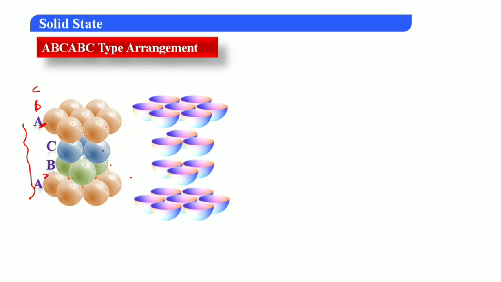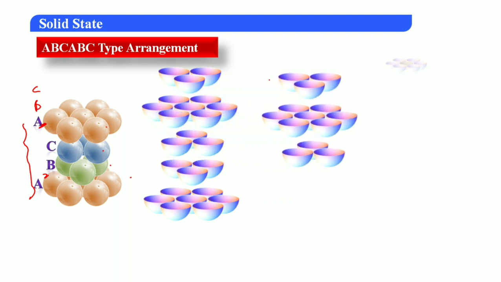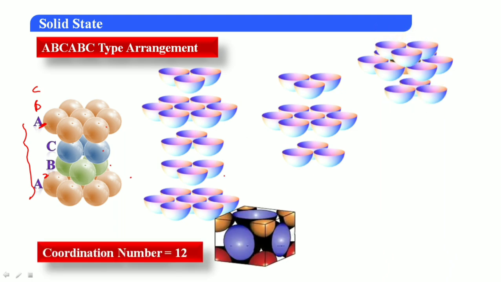Now we will remove it once again. So the difference between this one and the previous hexagonal close packing is that there it is an AB arrangement, here it is an ABC arrangement. Here the coordination number remains the same. For example, remember, here 6 are already surrounded, above 3 surrounded, below 3 surrounded, so coordination number is equal to 12.